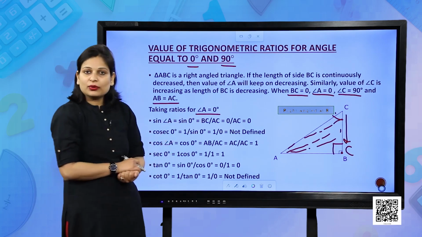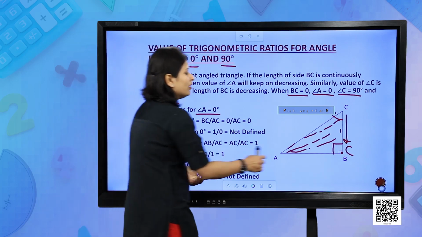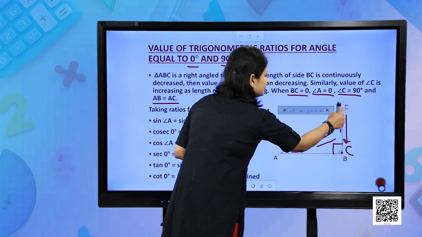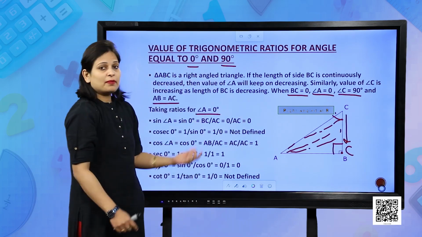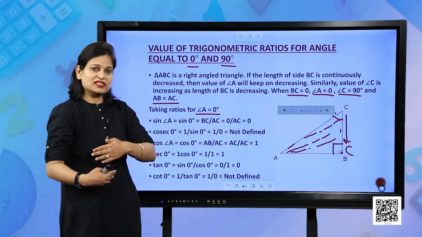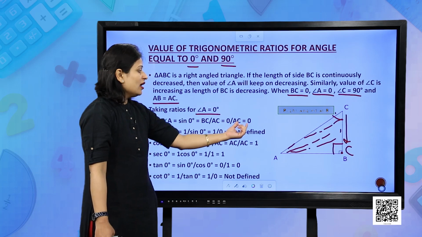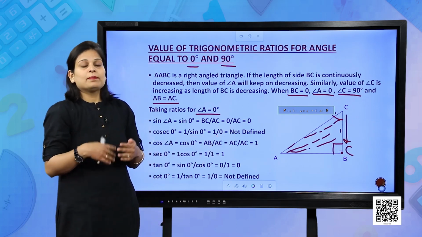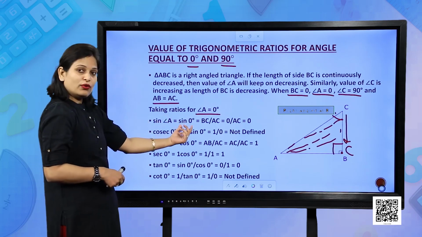It will be perpendicular upon hypotenuse. What will be the perpendicular? Perpendicular will be BC and hypotenuse will be AC. But BC has become 0 because we have just decreased the length of side BC. So, BC is 0 divided by AC, and 0 divided by any number will always give you 0. So, sine of 0 degree will be